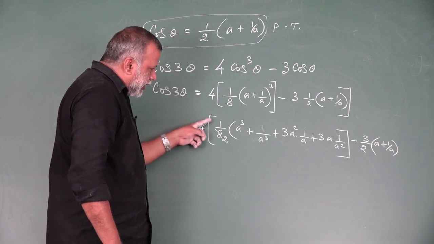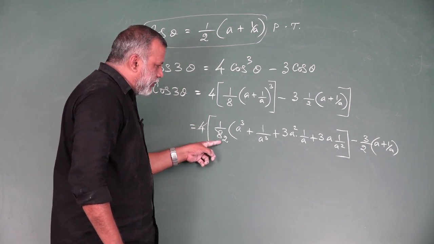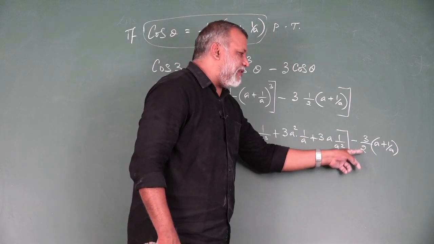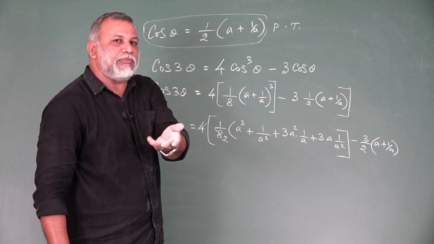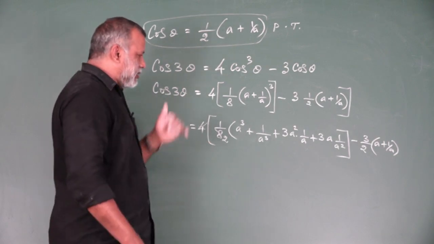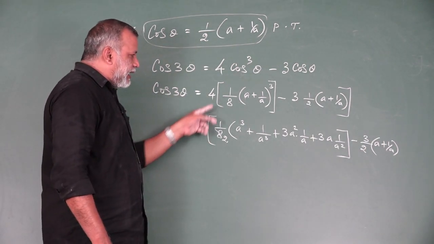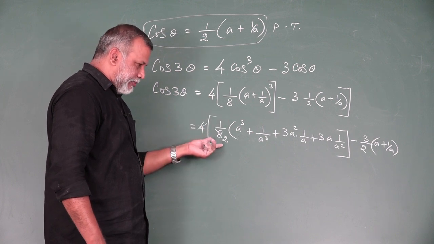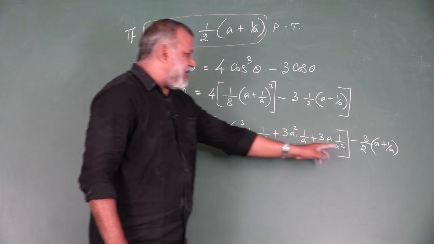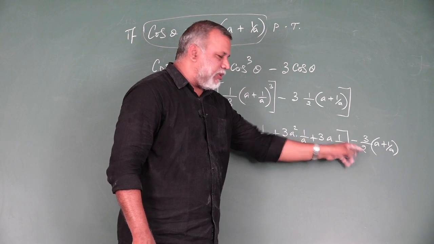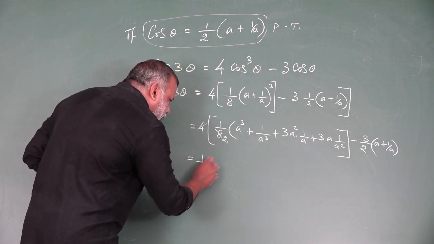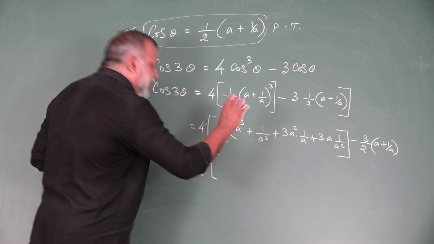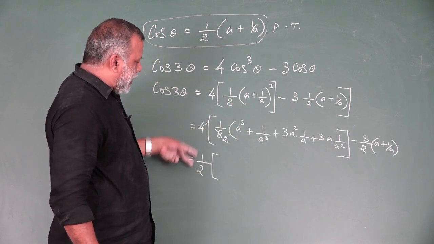Now listen, here you are having 1 by 2. Here also you are having 1 by 2. The required proof also needs 1 by 2, so I am taking 1 by 2 as common. See this concept clearly. 4 and 8 will be cancelled, we can get 1 by 2. In the same way here also you are having 3 by 2, which contains 1 by 2. So your proof requires 1 by 2, so I am taking 1 by 2 as common.